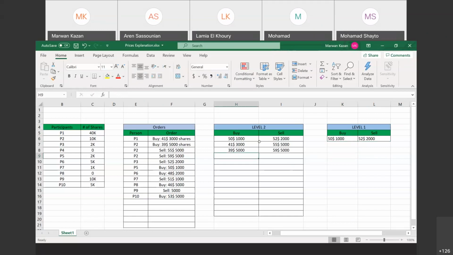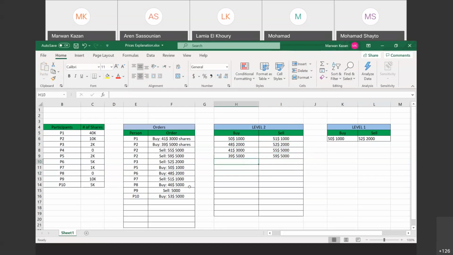So P5, it's here. Now P6 wants to buy at $48, 2,000 shares. So these two will come down, and 48 will be in the middle. $48, 2,000 shares. Okay, P7 wants to sell now at 51, which is less than all of these. So it's gonna go down. And here 51, 1,000. I know, guys, this may be a little boring, but this is very important for your